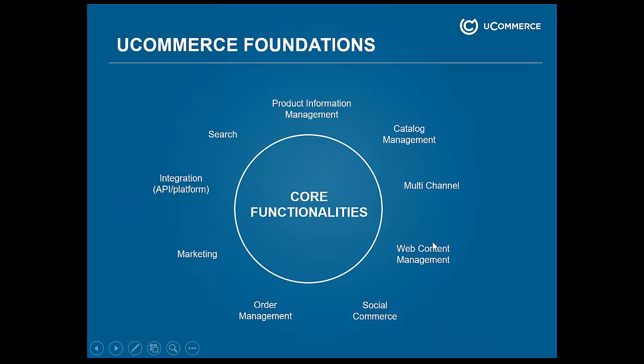On the web content management side, this is where we bring the two worlds together. The idea is to create seamless integration between Umbraco and uCommerce as platforms, so much so that you can't see the difference between the two. Social commerce is all about engaging with customers on the website itself, on the store. So a popular way of putting it is saying that we want to get existing customers to help sell to new customers by generating content like reviews, ratings, things like that, which augments existing catalog data with very credible information that is not coming from the store itself, but actually the end customers.